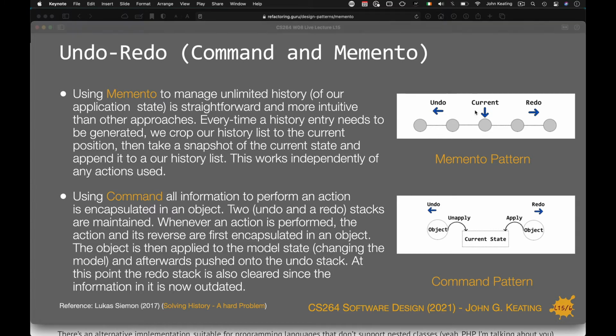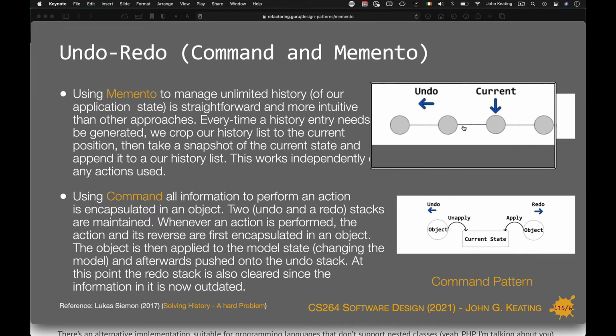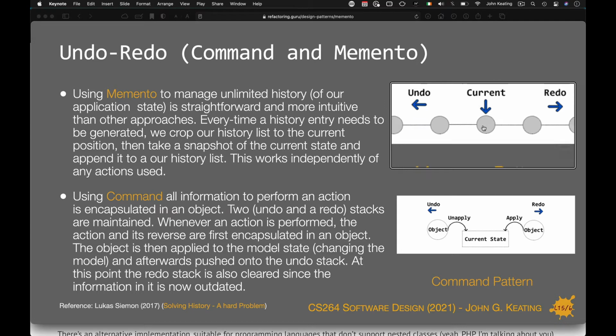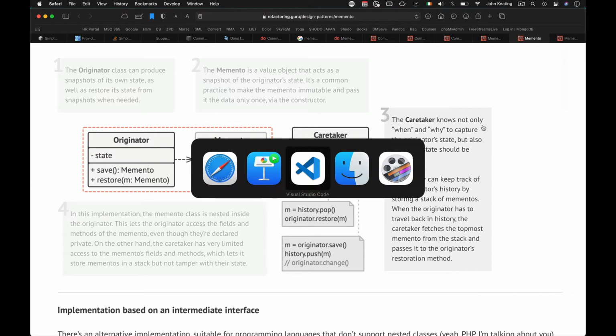This one, I was really interested in this slide here, where we basically have all the states, and we have the current state, and we're able to move back and forth through it and choose some point in time. So I thought that was pretty interesting. So I wanted to look at an application or an implementation that showed you how to do